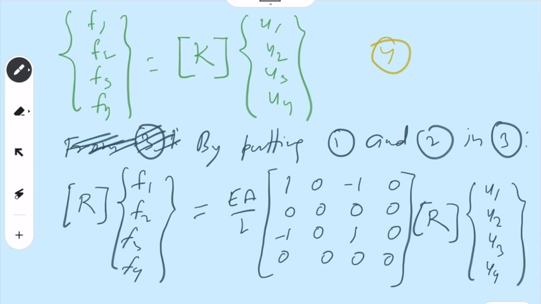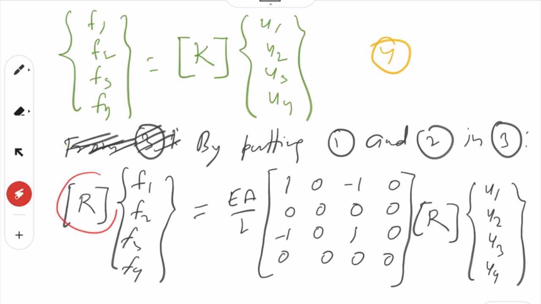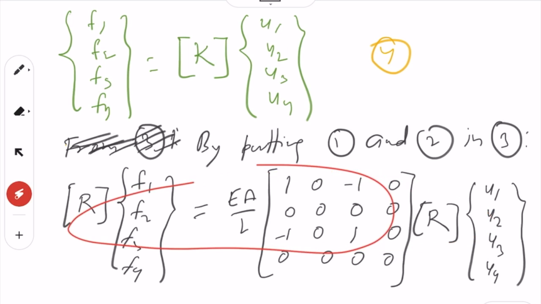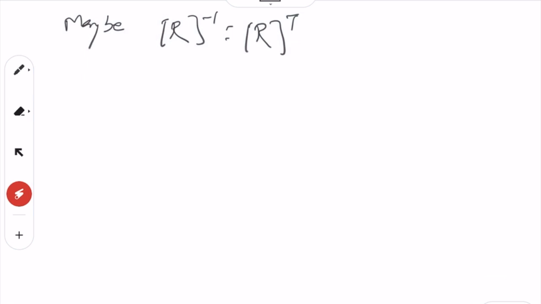If that is the case, then we can easily write this equation like this one. We will check later whether this is true, but for the time being,